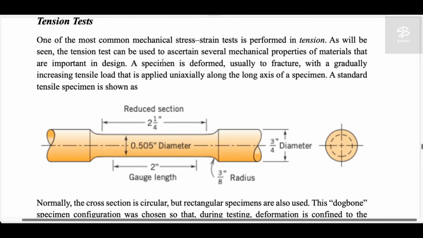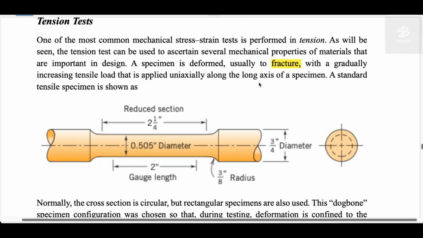As we will see, the tension test can be used to ascertain several mechanical properties of materials that are important in design. A specimen is deformed, usually to fracture, where it will get deformed till it breaks, I mean the material will fall into parts, with a gradually increasing tensile load that is applied uniaxially